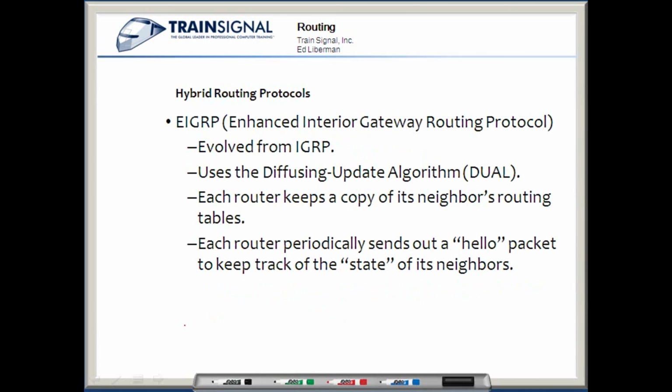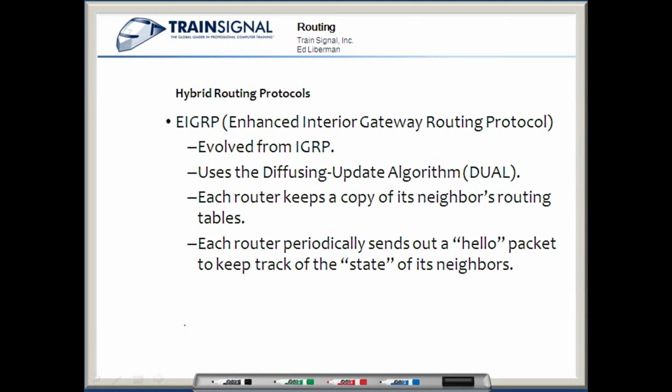Now, there can also be a hybrid of these two types of routing protocols. And some of the other protocols that we were already just talking about can be a bit of a hybrid. Some will refer to OSPF as possibly being a form of hybrid because it actually has some RIP functionality built into it as well. So there's a little bit of hybrid there. But the one hybrid routing protocol I want to talk to you about is the EIGRP, the Enhanced Interior Gateway